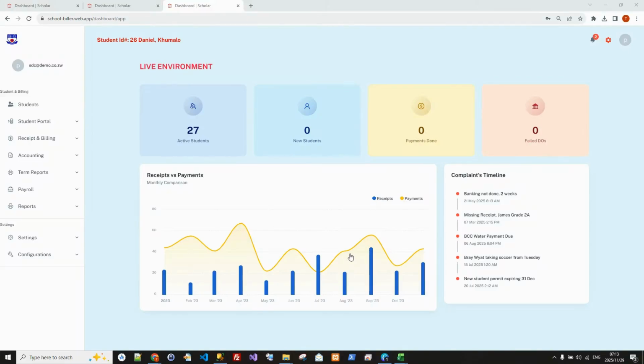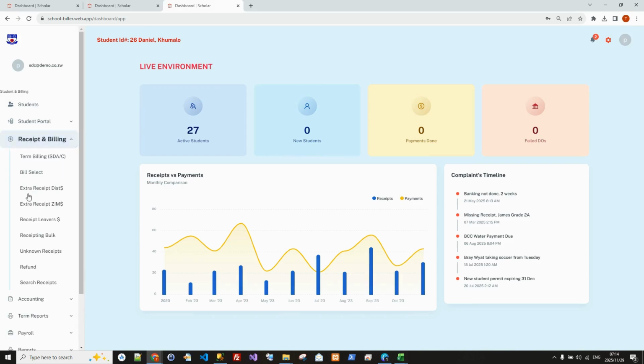The next functionality is receipting. Receipting can be done as individual or as bulk. We'll start with individual receipting. When you're receipting, you go to the menu and you click